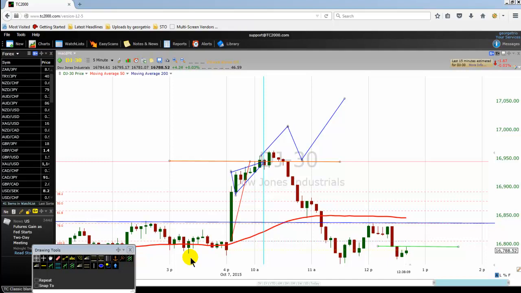Now you may be wondering why I'm buying straight away. As the price went down, it displayed a higher low here. You see this higher low on this 5 minute chart. There was this low here, followed by this higher low. So the price is here again in the same zone as the first higher low. Those who bought here, if the price closes above this line, I'll buy straight away, because